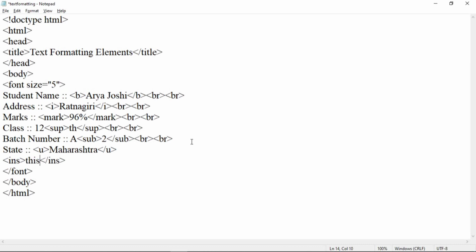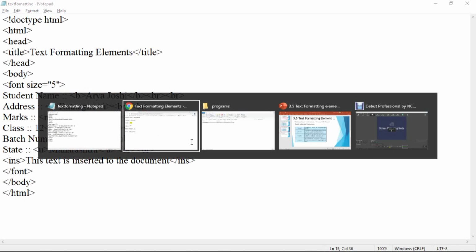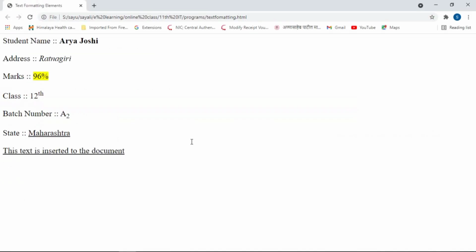Suppose this text is inserted to the document. Here add a pair of BR tag. Save this program and here check the output. This text is inserted to the document. So this is displayed as the inserted text.